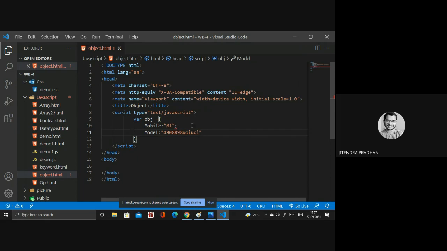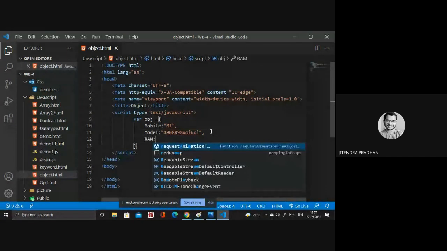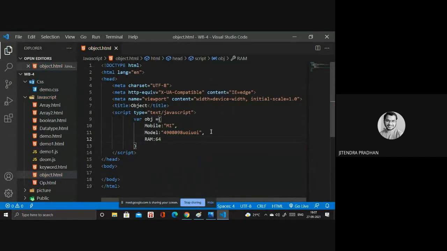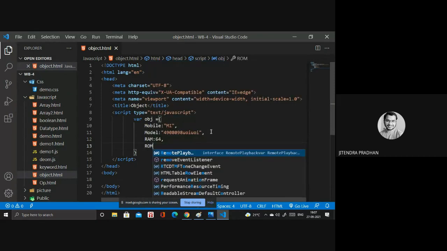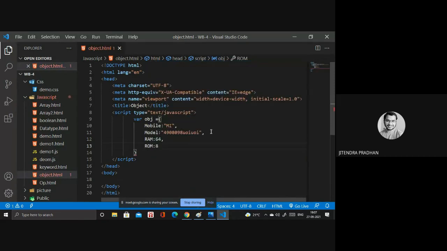Sorry, you need to separate the properties by a comma. What is the RAM of that particular one, it's 64. Write a comma as well. ROM, we have 8, 8 GB, whatever. So this way we can write.